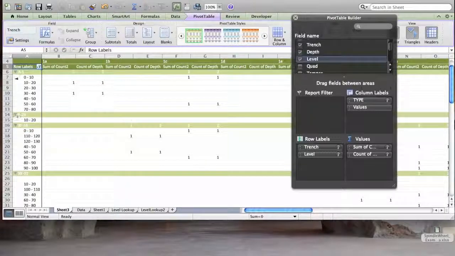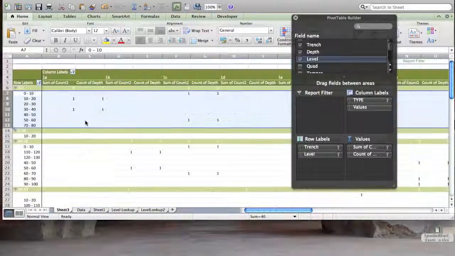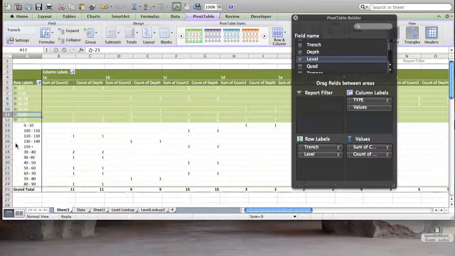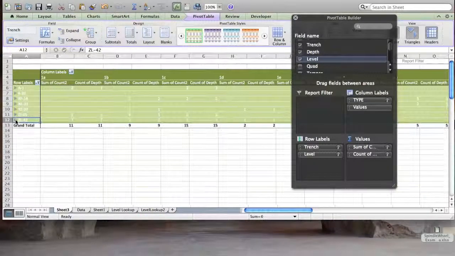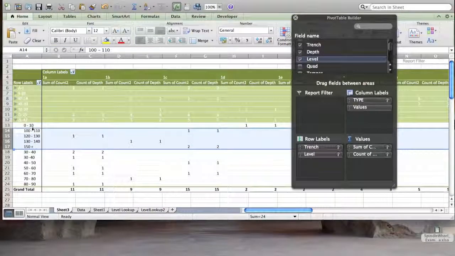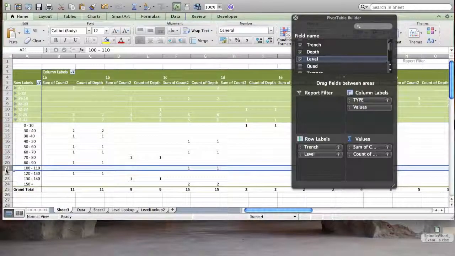Now, if I want to look at what are the things in the different 10 centimeter levels of trench A1, it subdivides. If I want to hit those triangles and close up the subdivisions by level, it will give me the summary by trench total, or I can look over the different levels. Now, because these are numeric and they're ranges, it's treating them in a weird sort of alphabetic format. If I want to, I can resort these just by dragging that down. Now numerically it makes sense, where 80 to 90 comes before 100 to 110. So that's easy drag and drop,